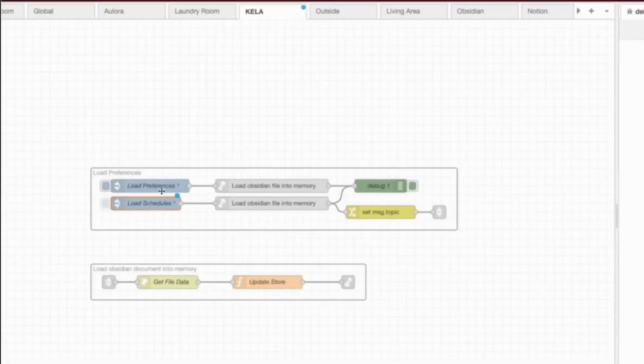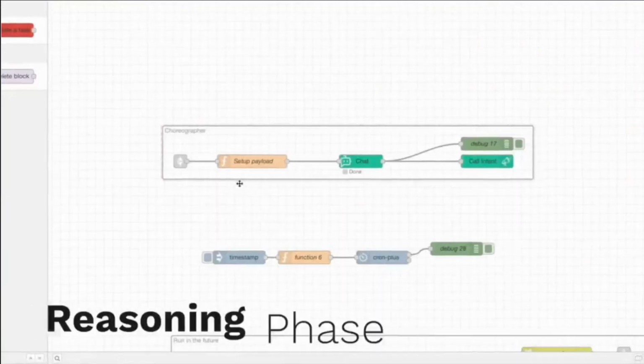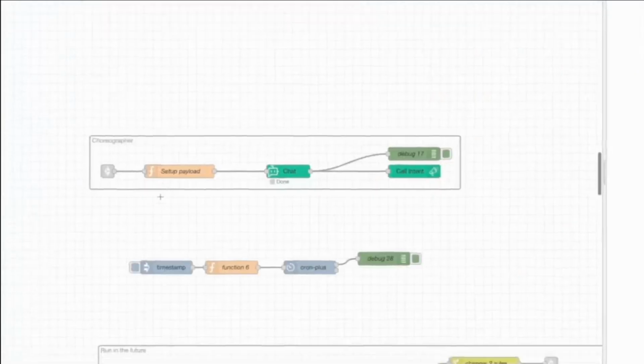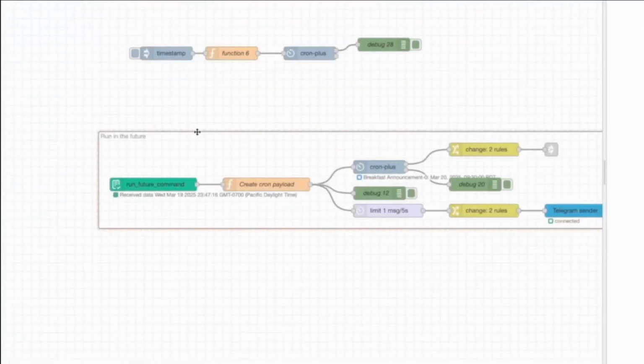Once it's changed and the server reboots, it's going to call AI and say, hey, I have this file from Obsidian. I need you to work with it. And that sends it to the choreographer. Now remember, we're now in the reasoning phase. We've read the information, it's now stored, and we're passing all of the commands within the Obsidian file to the reasoning section. In the reasoning section, the choreographer is going to say, hey, I see all of these commands, let me find the best automation to deal with this. And because this is schedule-based, there is a particular business logic meant for scheduling. That's called the run in the future business command, or automation.